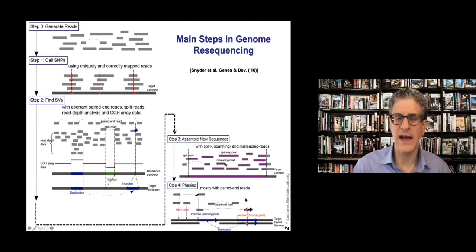Okay, so let's do that. I'll go through that graphically here. The main processes we have now in resequencing a genome, personal genomics, is that once you have your sequence done, you generate the reads from the sequencing, which are diagrammed here, and then you map the reads to the genome. Each of these things: the genome is the database, the reads are the queries. You're doing a vast amount of